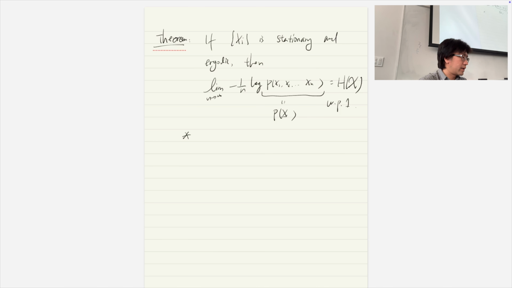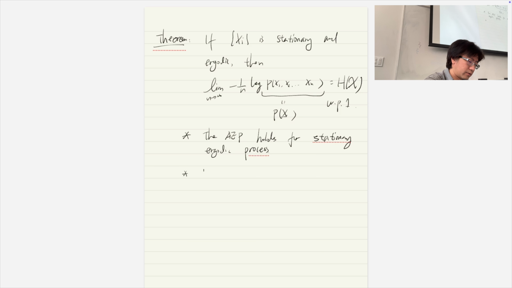Very good. And from here, we can see that the AEP property holds for stationary ergodic process. Okay, it holds for stationary ergodic process, and then we can define the typical set in a very similar